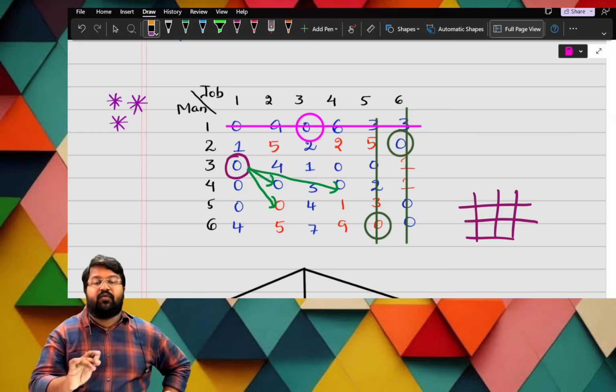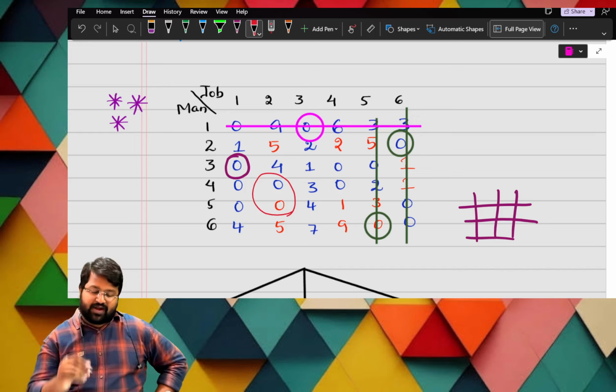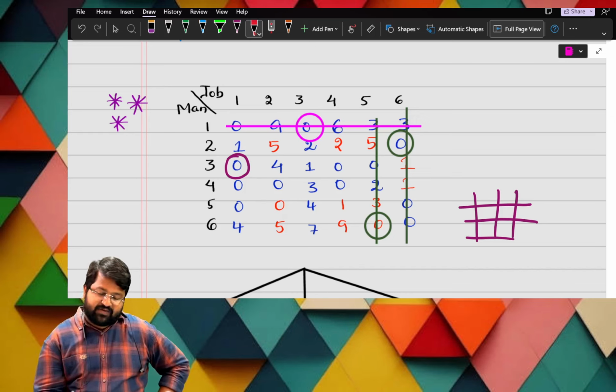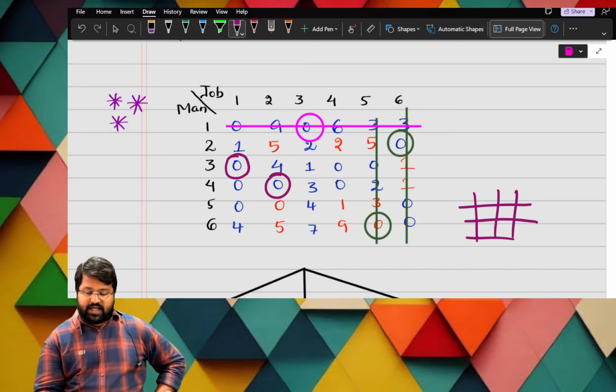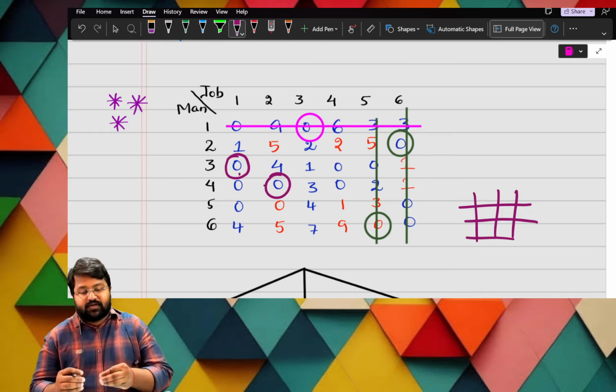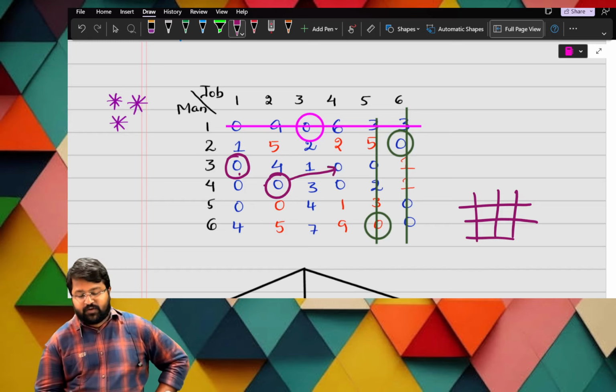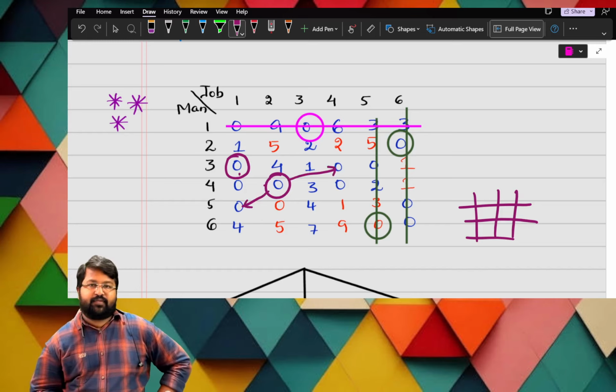But to avoid confusion, I am selecting the zeros from the immediate ones. From this I am taking this zero. First that, then I identified our diagonal zeros and selected this zero. Now, what are the diagonally opposite zeros to this zero? There can be only one diagonally opposite zero, this zero.